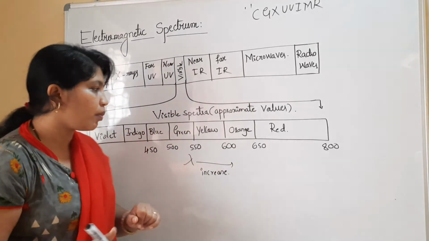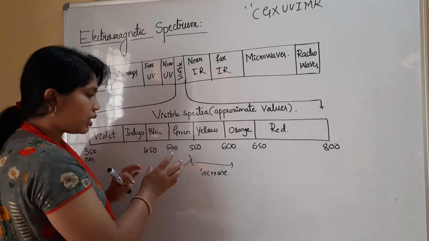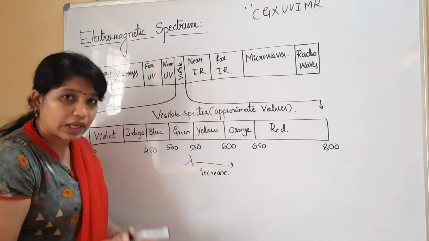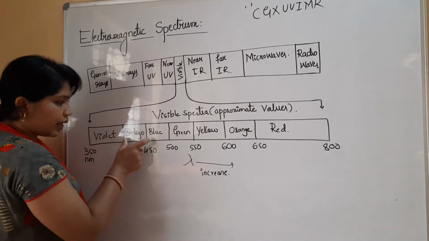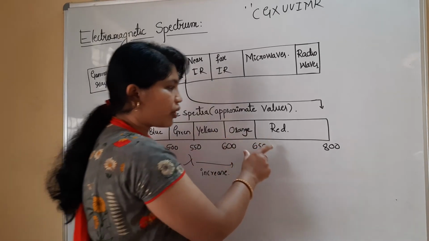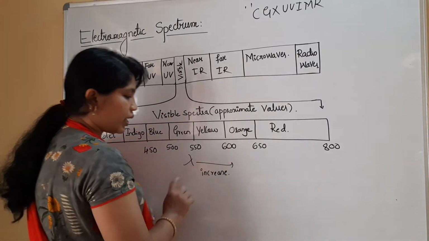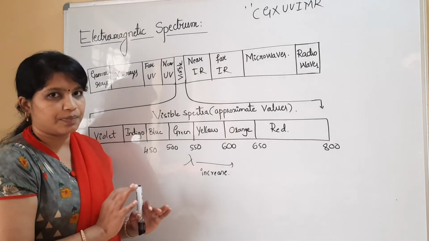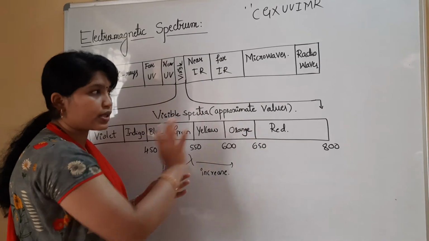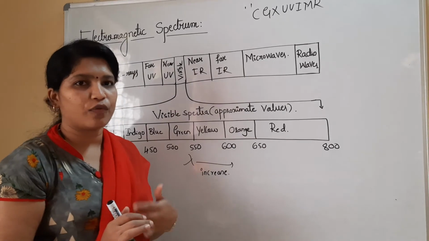But you have to remember this violet region will be 350. This region is important. Just remember these digits. These region digits, which are approximate values, will be helpful for numericals. Indigo will be 450, blue 500, green 550, yellow 600, orange 650. Lastly, red comes under 800. These are in increasing order of the wavelengths. These are considered to be approximate values. You are supposed to remember those values, which will be helpful for our numericals.